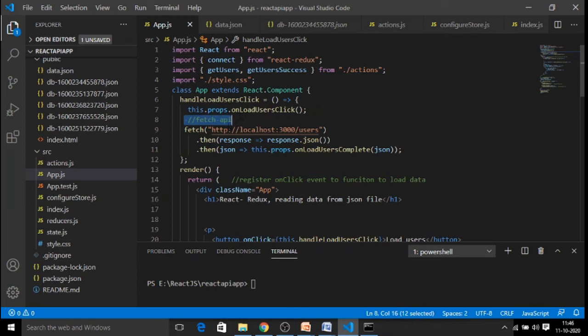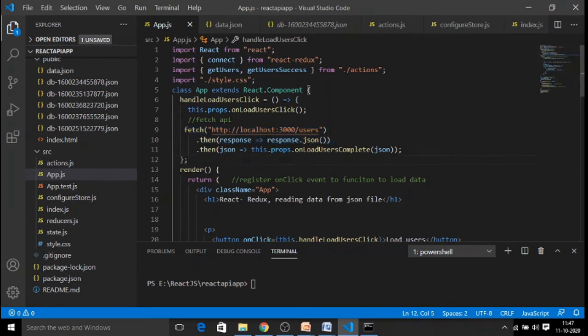Fetch API is used to read the data coming from your backend. It can be any third party API call. It can be data coming from the database. You need to give the URL where the data is coming from. In our example, we are just loading the data from a JSON fake API, the one called users. This API will give you a set of user records loaded with this fetch command, and in this fetch, it is going to give you a response where that response contains your user details.